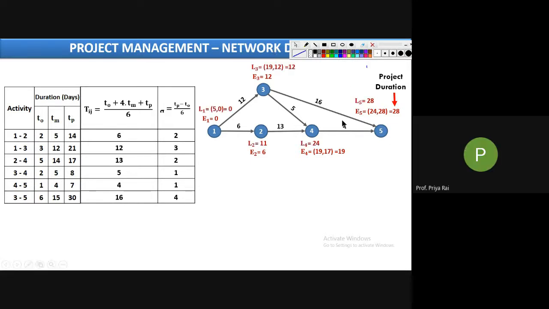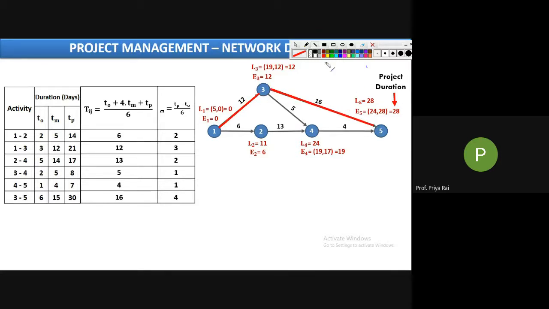Our fourth question is also complete. That is, what is the early start time and the latest completion time for every event. Now from here they may ask you to find the critical path also. Since this diagram is very easy and there are not many paths, you can identify that there are only 3 paths, from the first event to the last event.